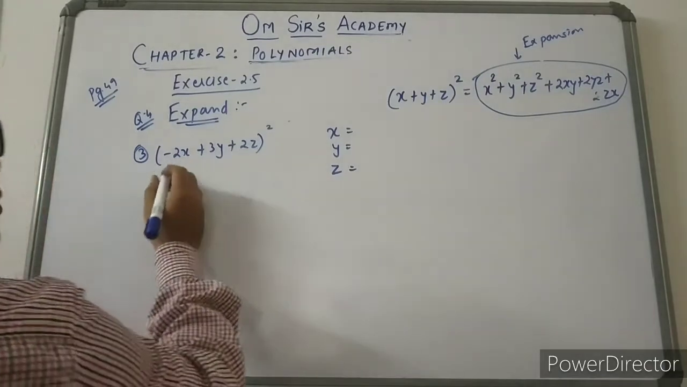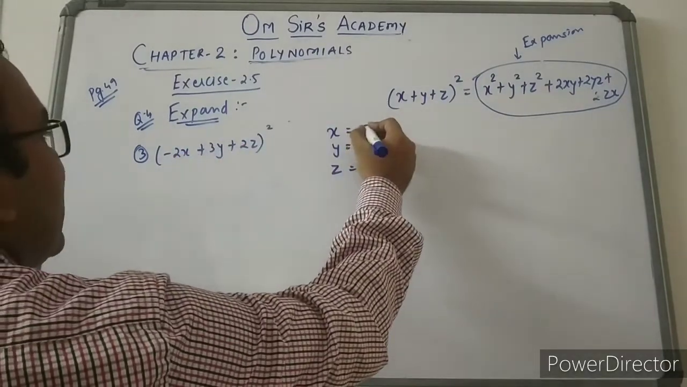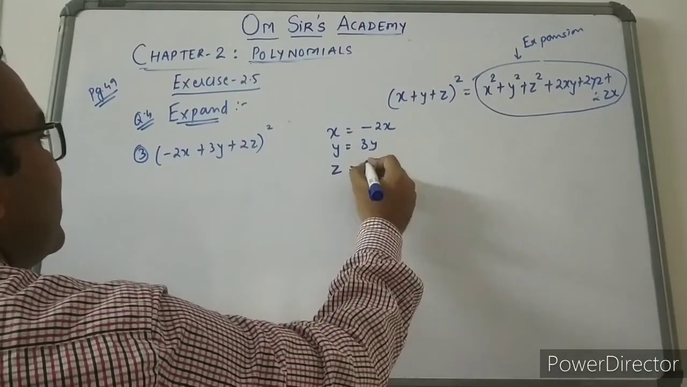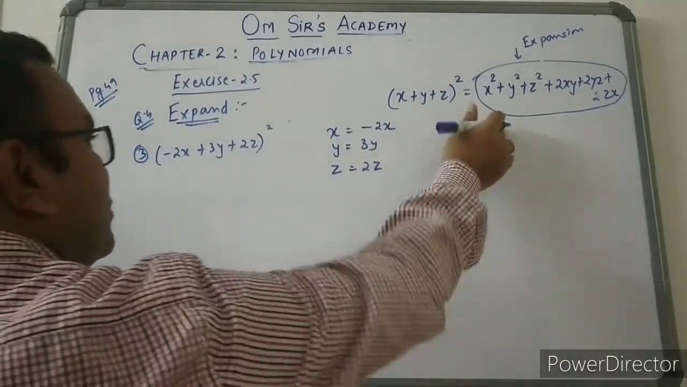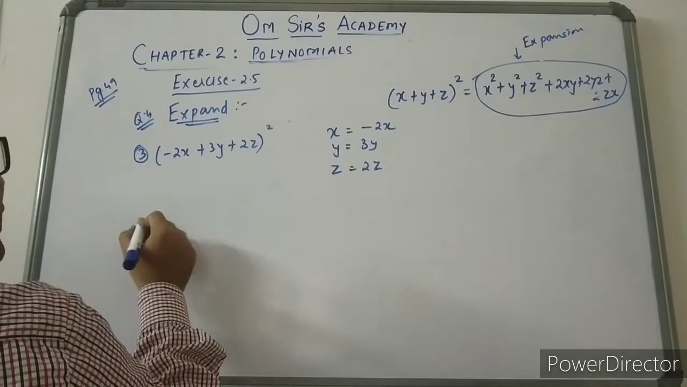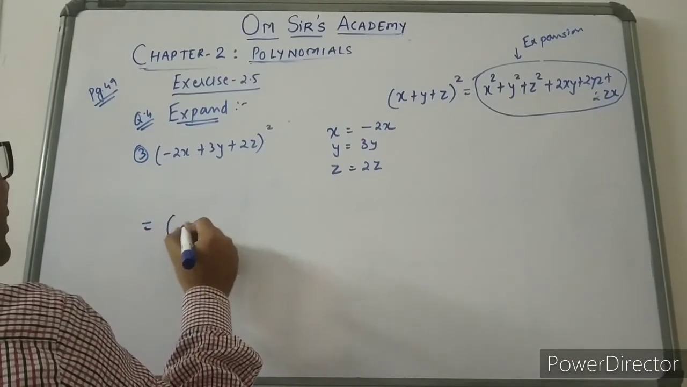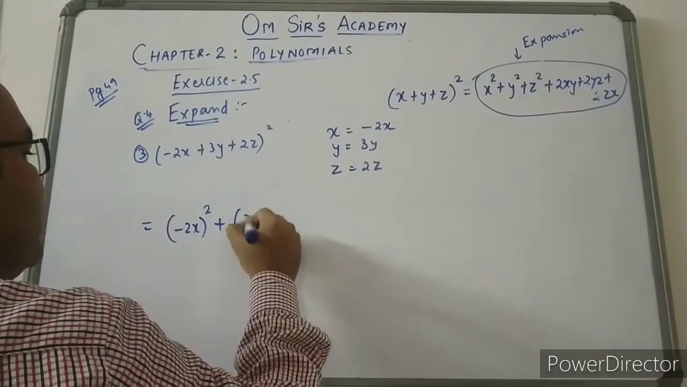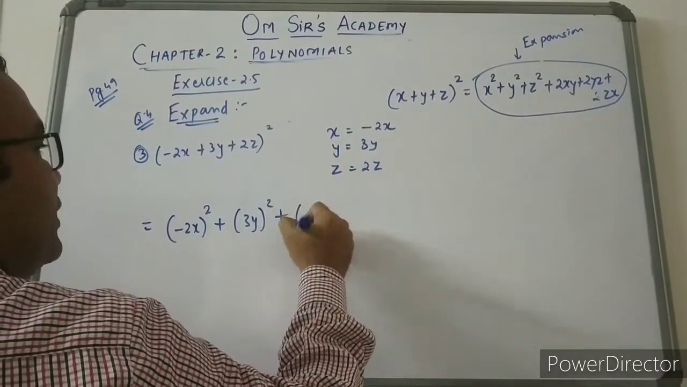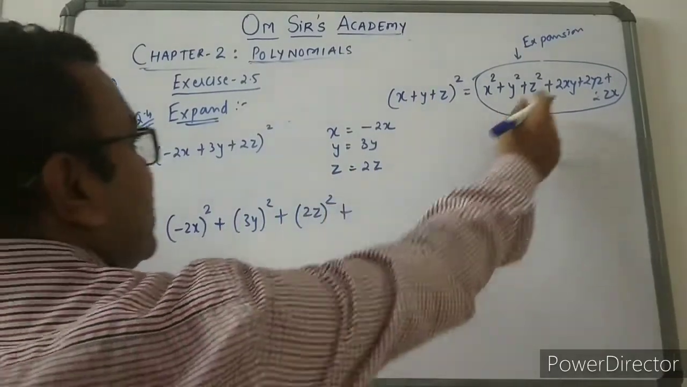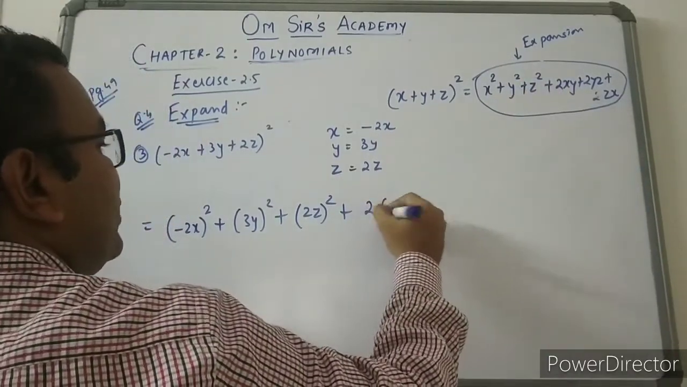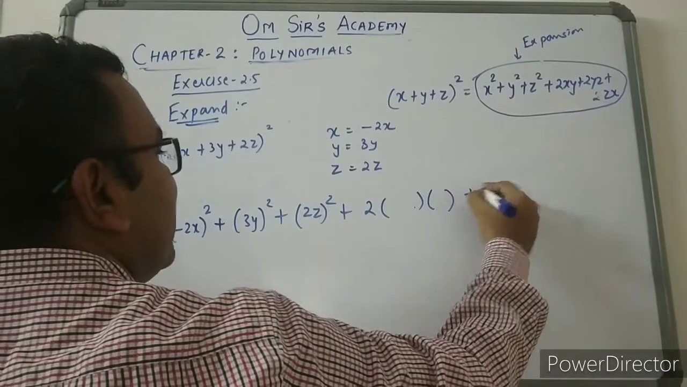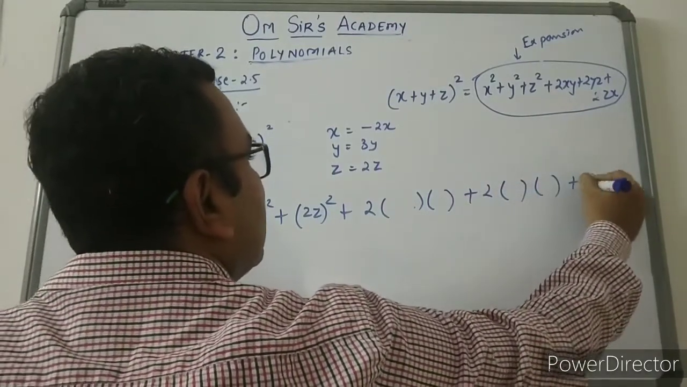Okay, so instead of x I am writing here as minus 2x, instead of y I am taking as 3y, and instead of z I am taking 2z. So again the same identity, x square, instead of x square I will write minus 2x the whole square, plus y square is 3y the whole square, plus z square I will write 2z the whole square, plus 2xy, that is 2 into minus 2x, sorry I am keeping the brackets only first, plus